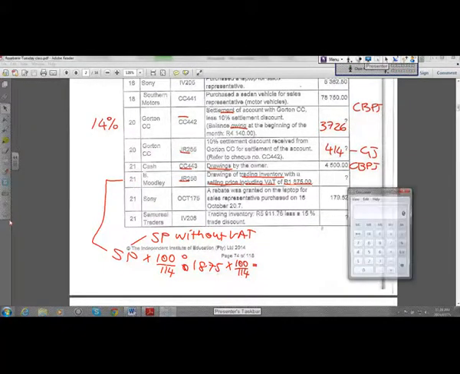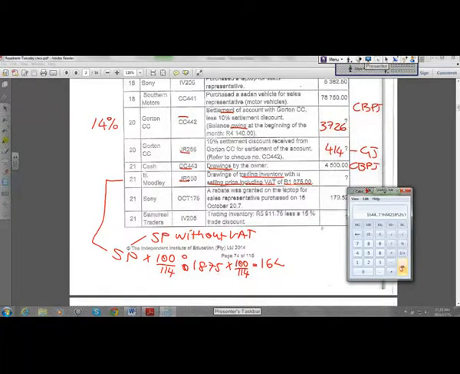All right, so let's calculate that. So it's 1875 times 100 divided by 114 equals, so the amount that we're going to have, which is the selling price without VAT, will be